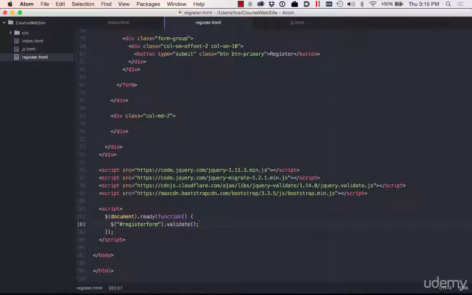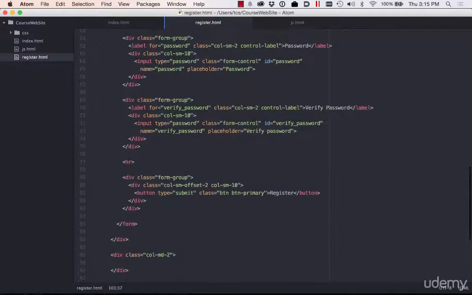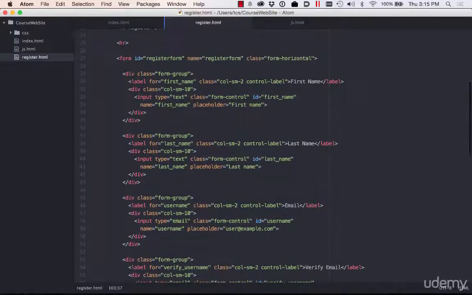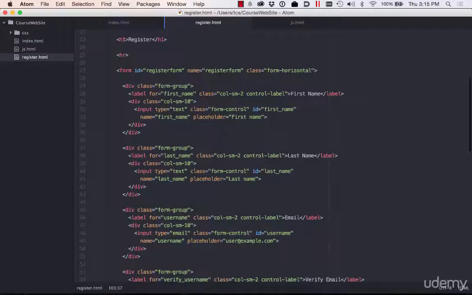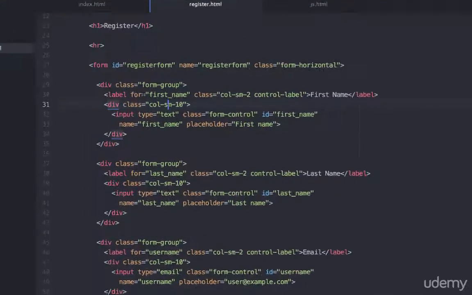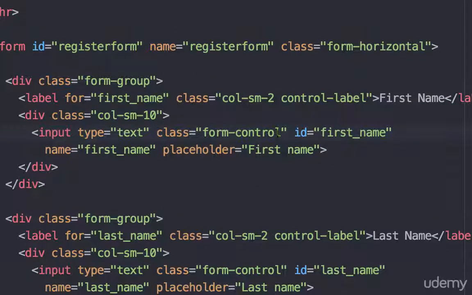Well, this is where CSS and JavaScript kind of intersect a little bit. It is entirely possible for any element on a form, or anything on a web page really, to give it a class name that doesn't match an actual CSS class or CSS rule that I've defined. So let's go back up to the very top of our form and find the input type equals text for first name. Now this has a class already. It's got a class called form-control. But if I put a space after that, before the quotation mark, and I type the class required and save it,